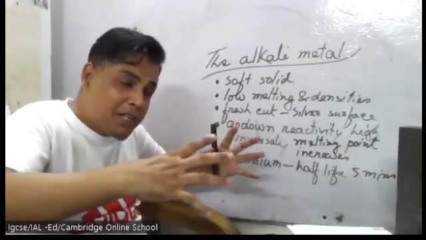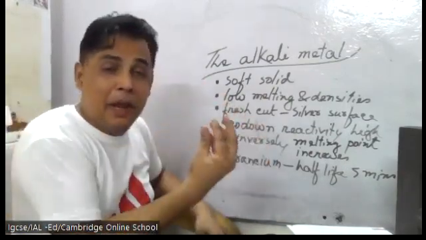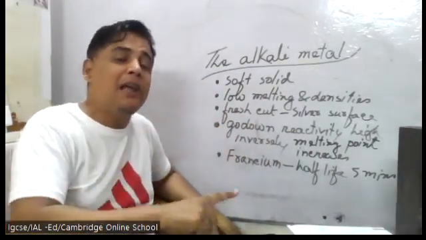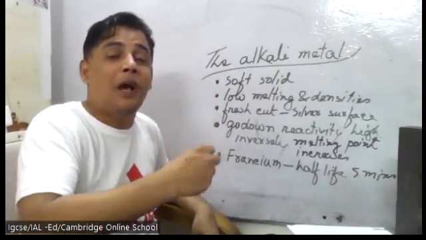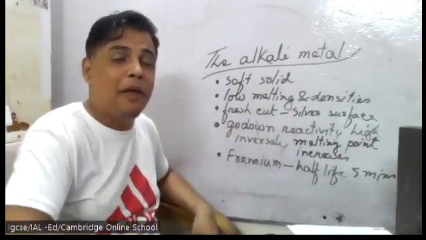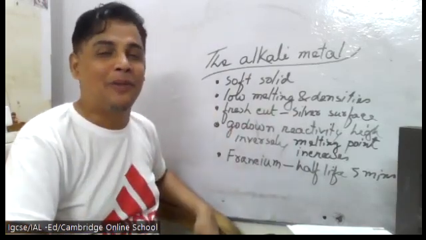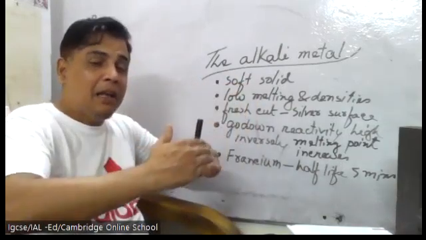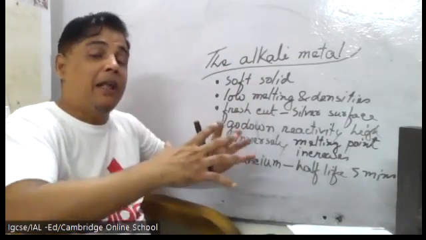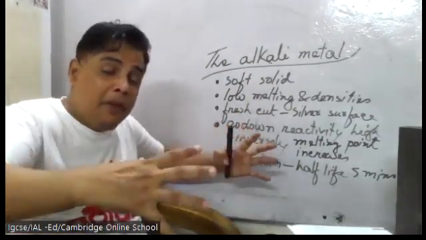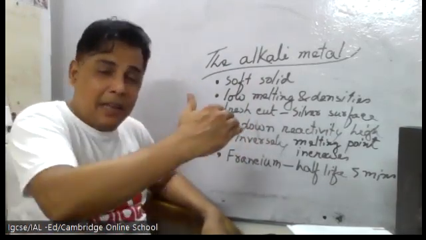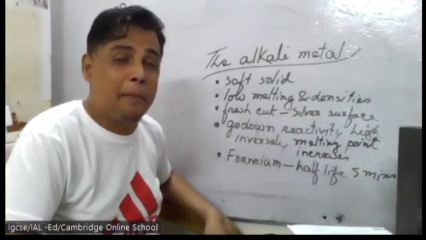As the outer shell becomes farther from the nucleus, from the center, the outer shell loses control. When a son or daughter goes away from the parents, they come under less control. So going down, the alkali metals' outer shell is still 1, but that electron is becoming farther from the nucleus. Suppose francium,